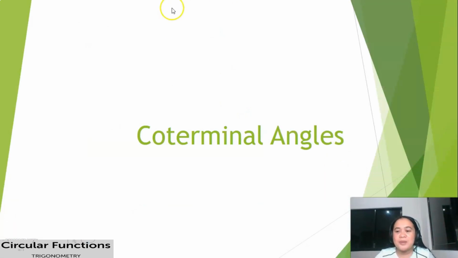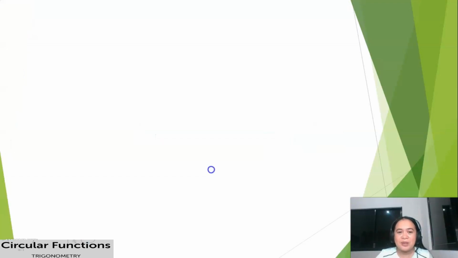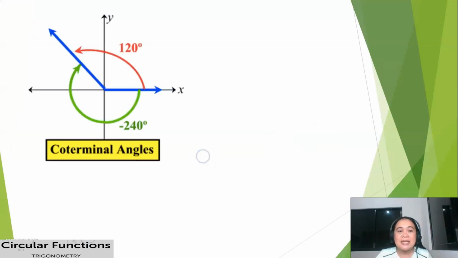Okay, coterminal angles. So what do you mean by coterminal? From the word co, meaning together, terminal means end. So they have the same end point or the same terminal side. So if it's sketched, it's easier to identify. For example,